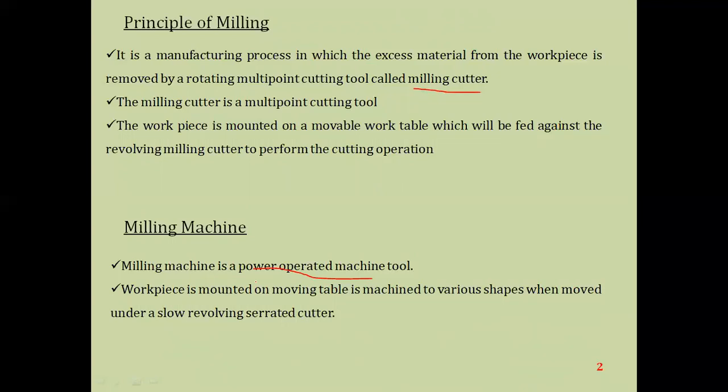As we proceed, in further sessions we will discuss the different kinds of milling machines, their importance, and how they remove metal from a workpiece. Here the milling cutter is held in the spindle of a machine such that when it rotates at suitable speeds, we can get the desired shape and size of the product. Keep in mind, we especially use this machine for developing small and medium size objects. This is regarding the milling machine.